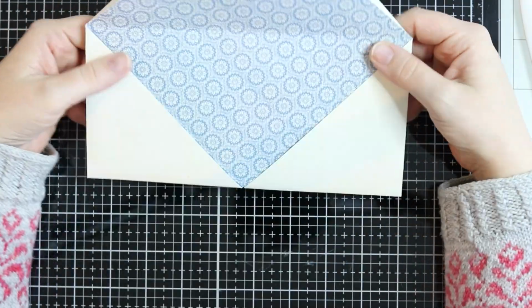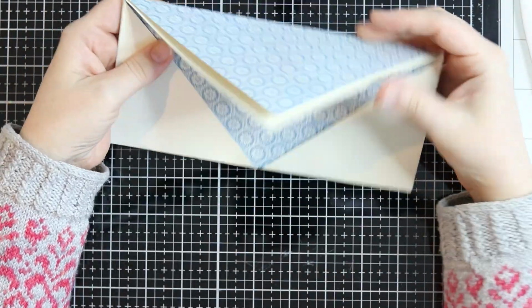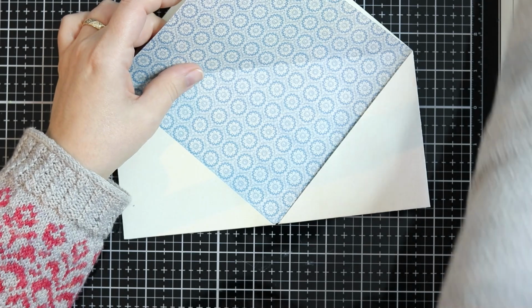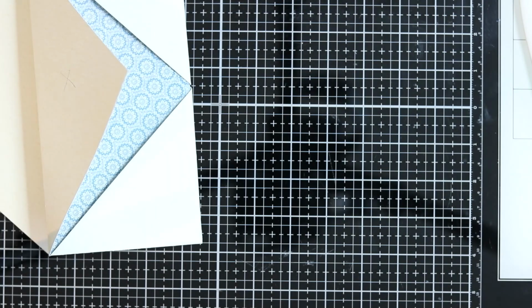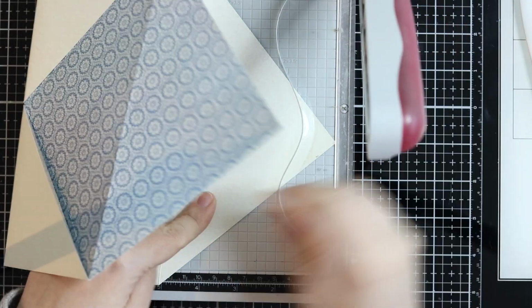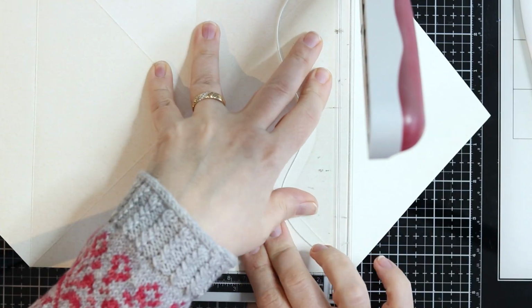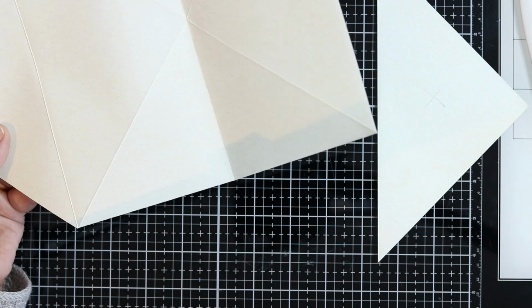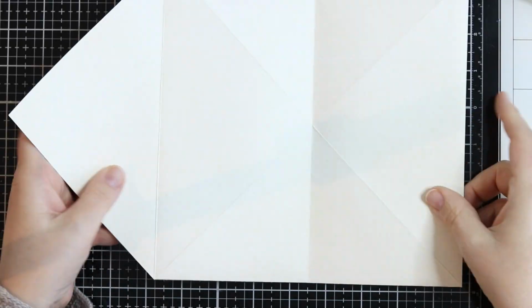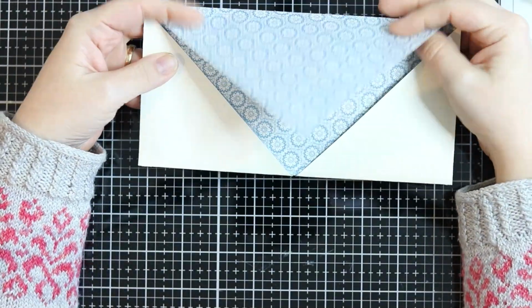Now I only need one flap, so I just need to figure out which one looks prettier. They both look pretty, so. And then I just mark the one that I'm going to cut with an X. And then I just get my trimmer and I cut at that score line so that I'm basically cutting one of the flaps off the square envelope thingy. So I have an extra piece of die cut. And now before I do anything else